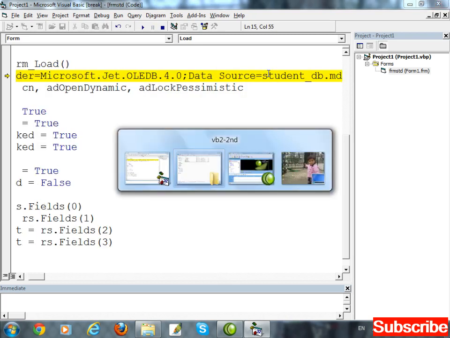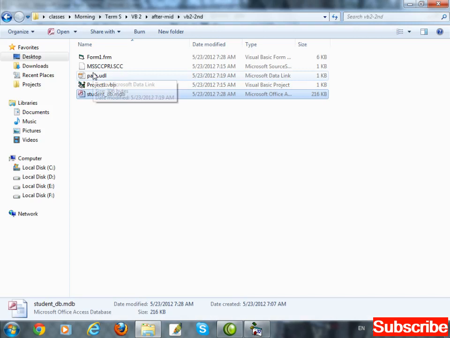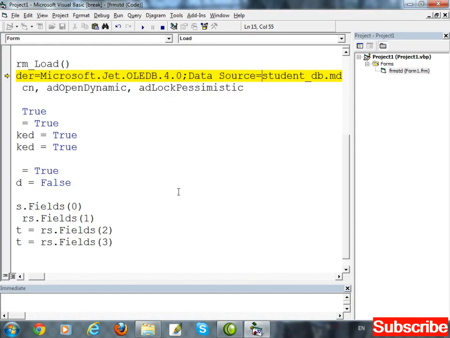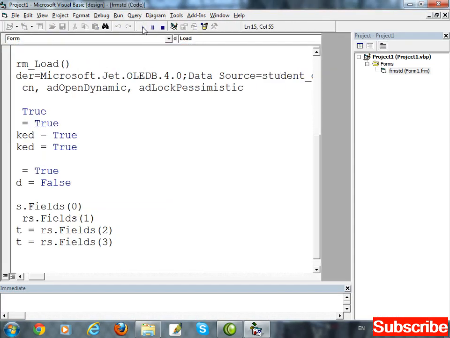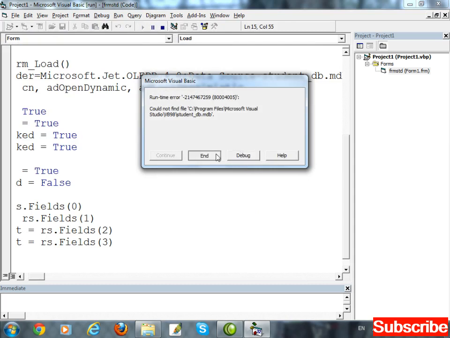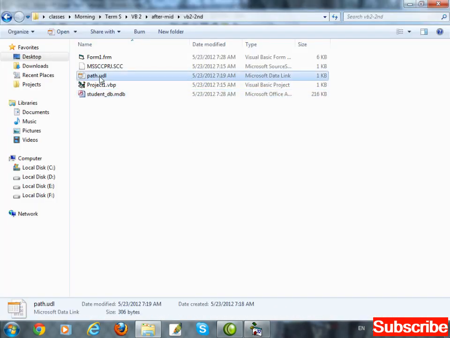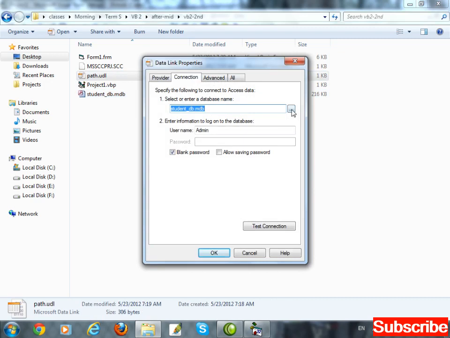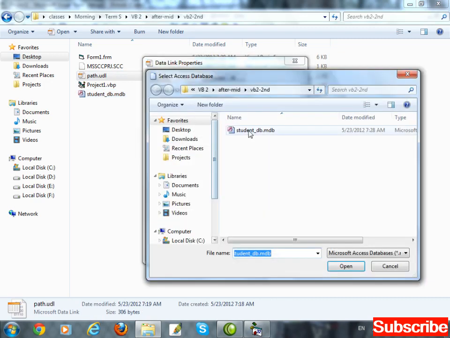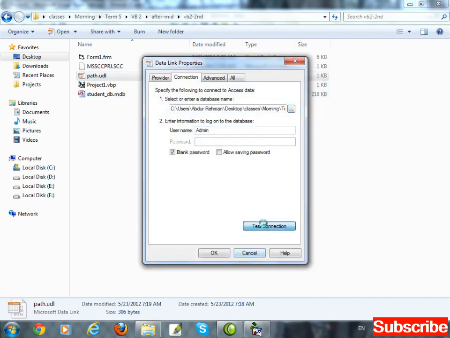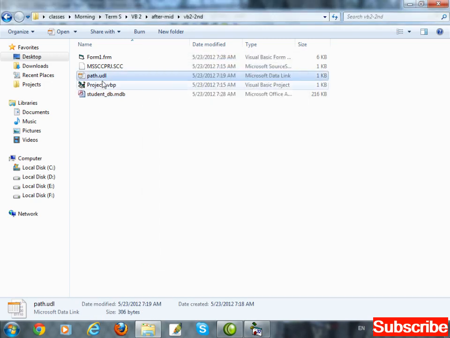Okay, listen. Double click on path.udl. Again browse the connection. Test. Right click, open with Notepad.